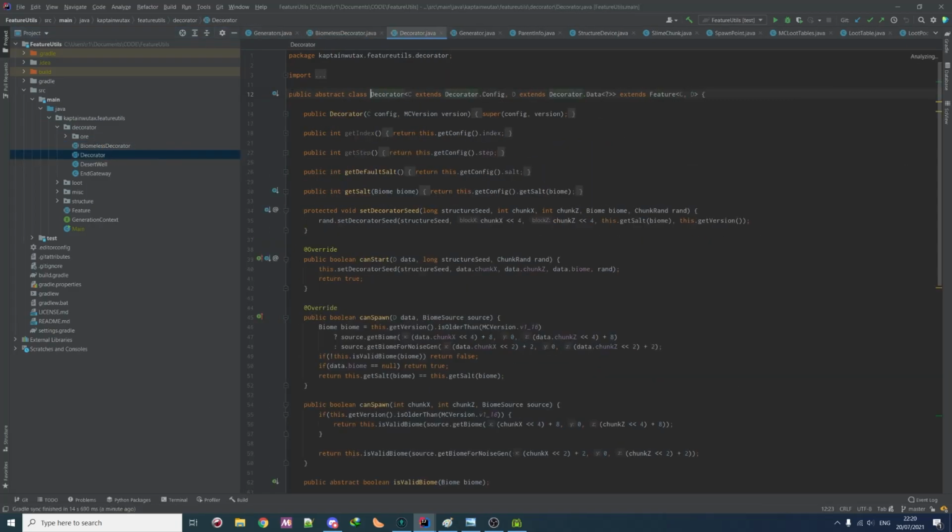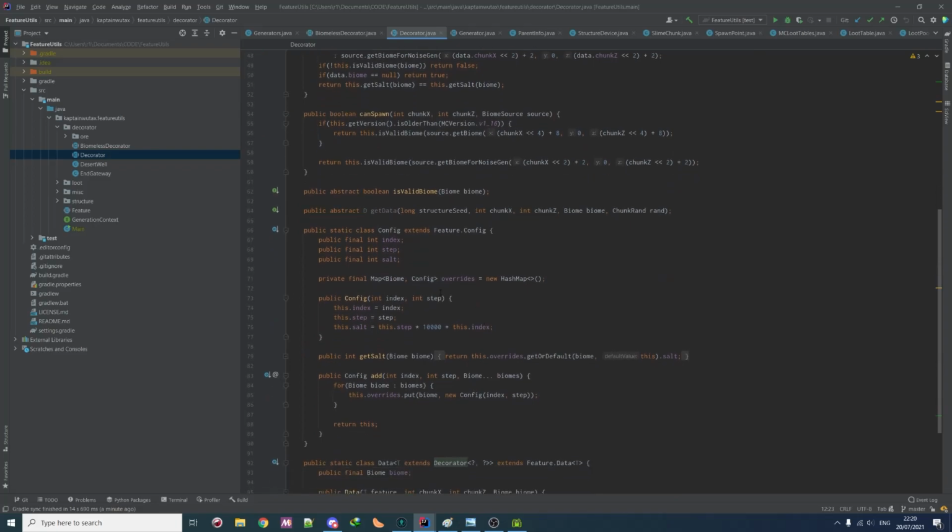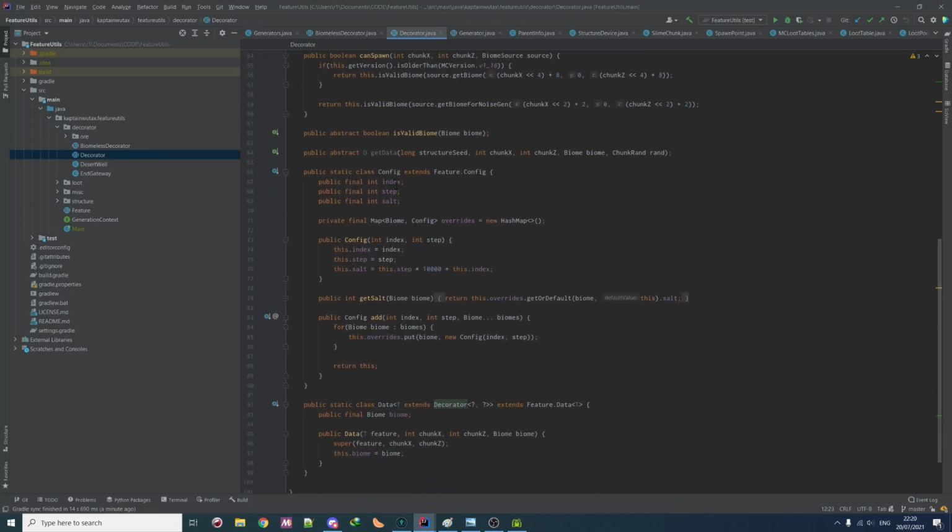So there is the main one, which depends on the biomes. The decorator has some data, which is mostly the index, step, and salt. Salt is actually computed from the index and the step, which is just the system in which Mojang, since 1.13, works. Well, actually, Mojang uses, basically, a different stage of the generation, and in